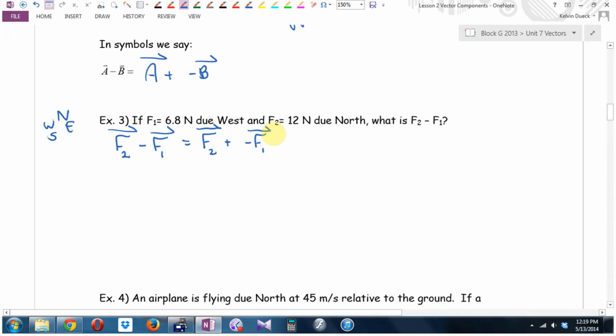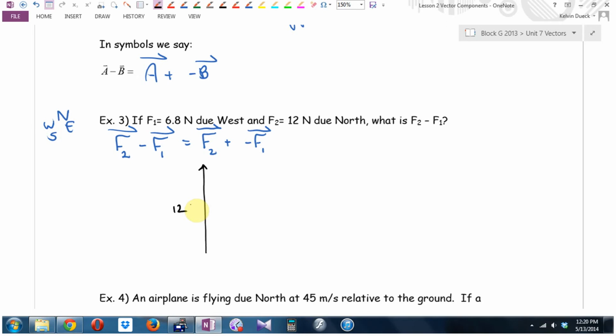F2. What's the first vector? Magnitude and direction. What's F2, Jeff? Magnitude and direction. Read. 12 newtons north. Okay, so that's going to look like, and a 12 there, right? What's F1, the way they gave it to me in the question, magnitude and direction? 6.8 newtons due west. So what would negative F1 be? Still 6.8 newtons, but due